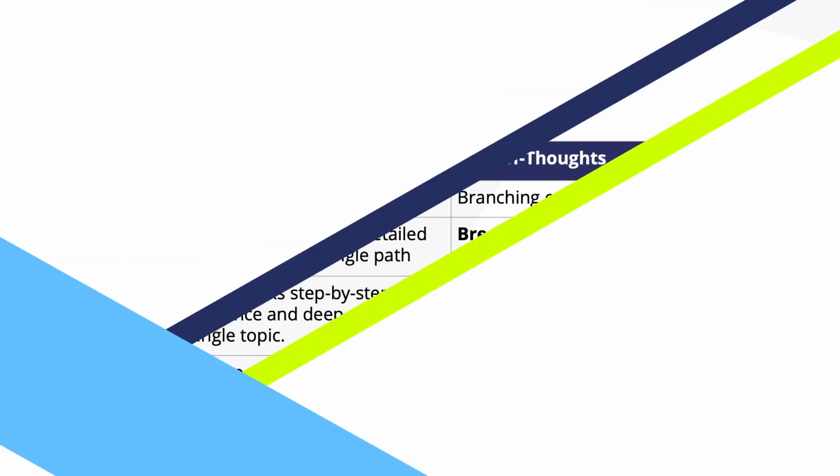explore all branches. One of the most powerful ways to use these techniques is to combine them. Start with the chain of thought approach to establish a clear, logical progression of ideas. When you reach a decision point that requires deeper exploration, shift to the tree of thoughts technique to explore multiple possibilities. This hybrid approach allows you to guide the AI more effectively and ensure both depth and breadth in its